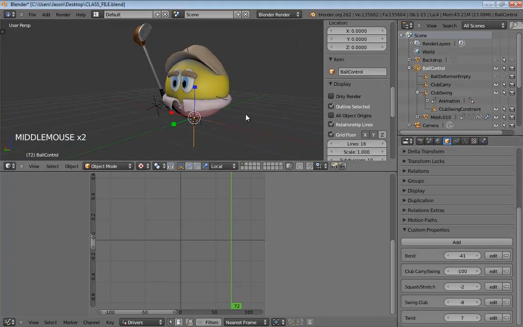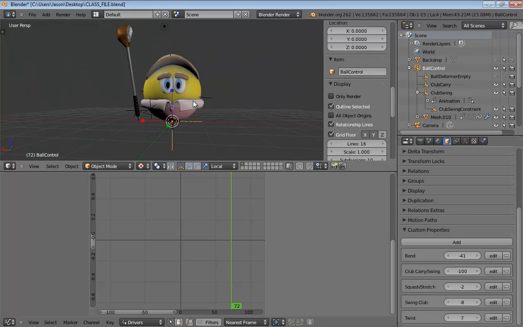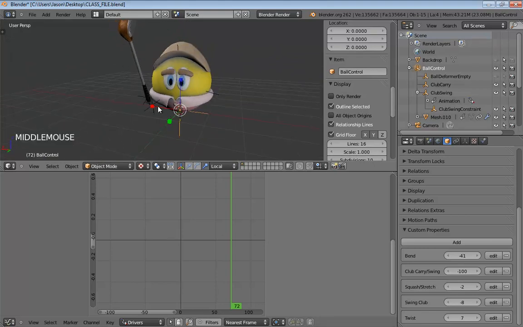The last thing we need to do is hide out anything we don't want an animator, or us, to select, bump, nudge, break, destroy, delete. So just kind of one thing at a time here. Let's start off with the things we know that we don't ever want to see.